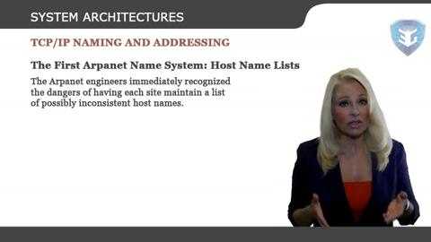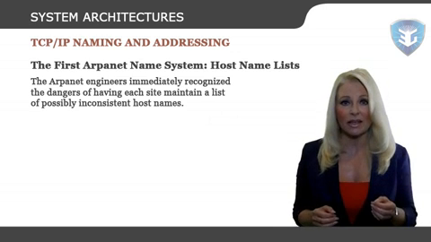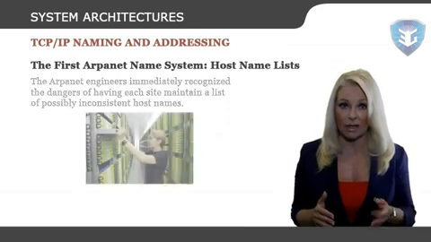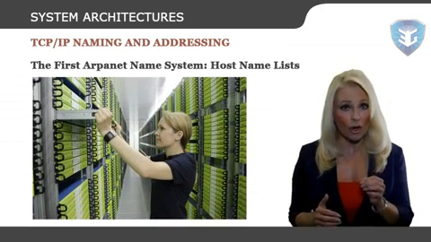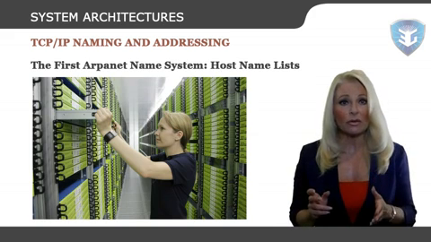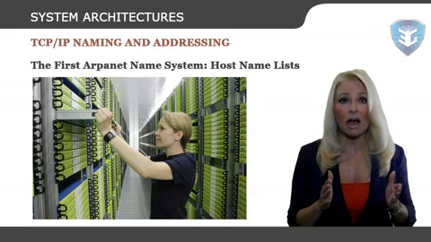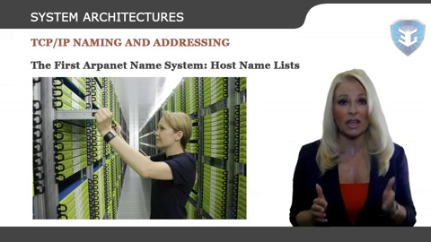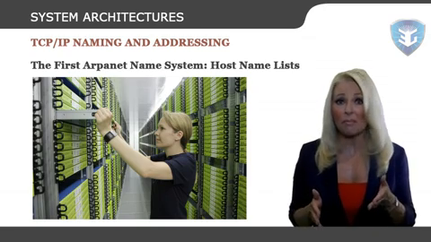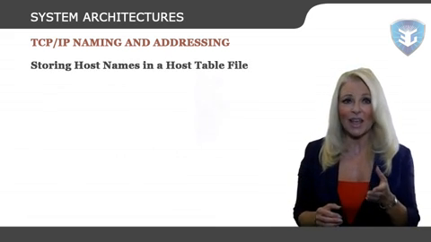Naturally, the ARPANET engineers immediately recognized the dangers of having each site maintain a list of possibly inconsistent host names. Since the Internet work was just a small club at this point, they used the request for comments (RFC) process itself to document standard host name to address mappings. This initial name system was about as manual as a system could be, storing host names in a host table